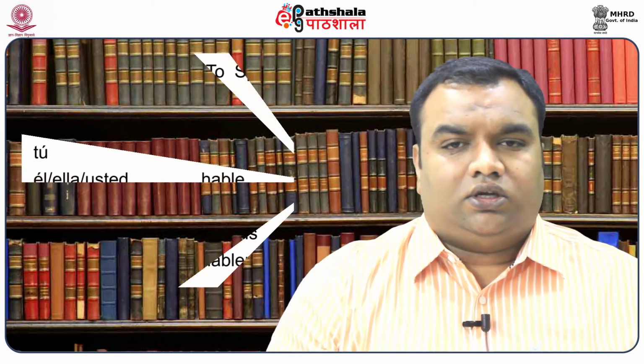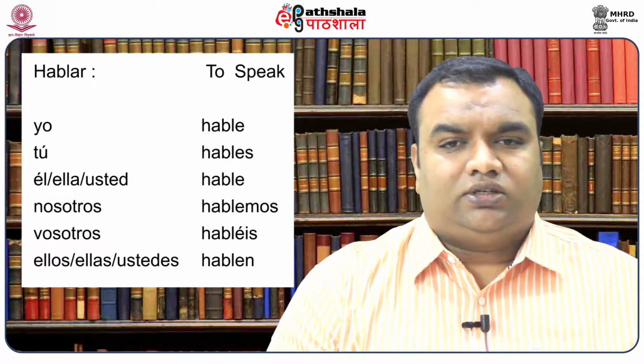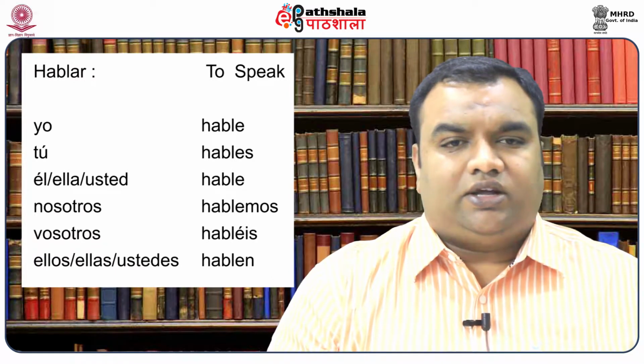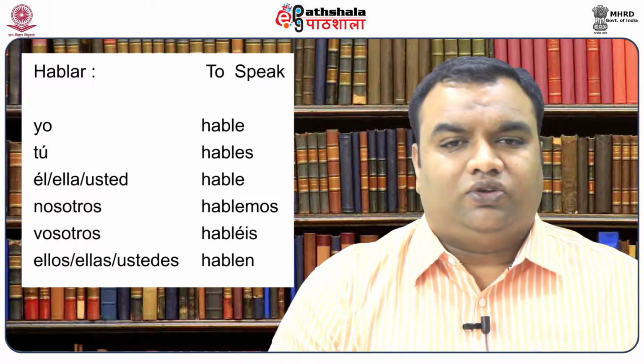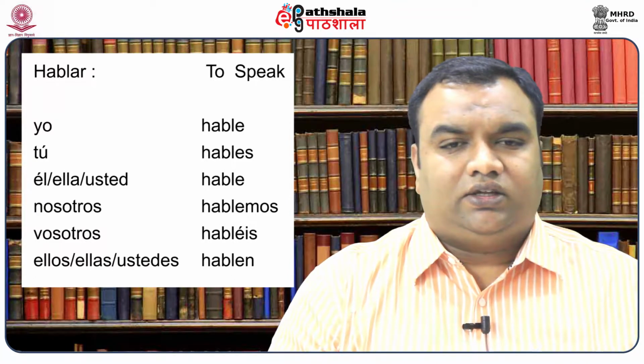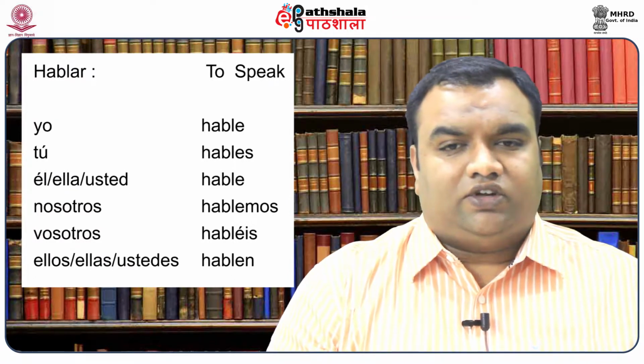Subjunctive for AR ending verbs. Let's take the example of the verb hablar, to speak. So, in step 1, we take the yo form of the verb hablar, that is hablo. In step 2, we take off the final O of the yo form,